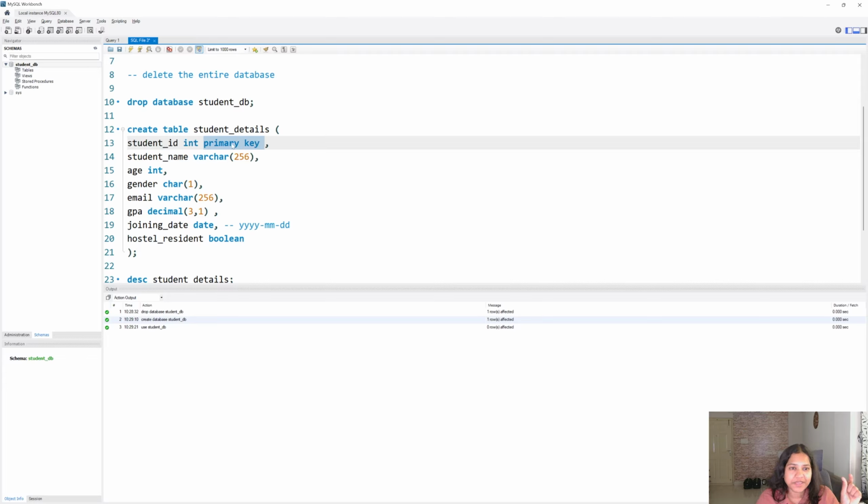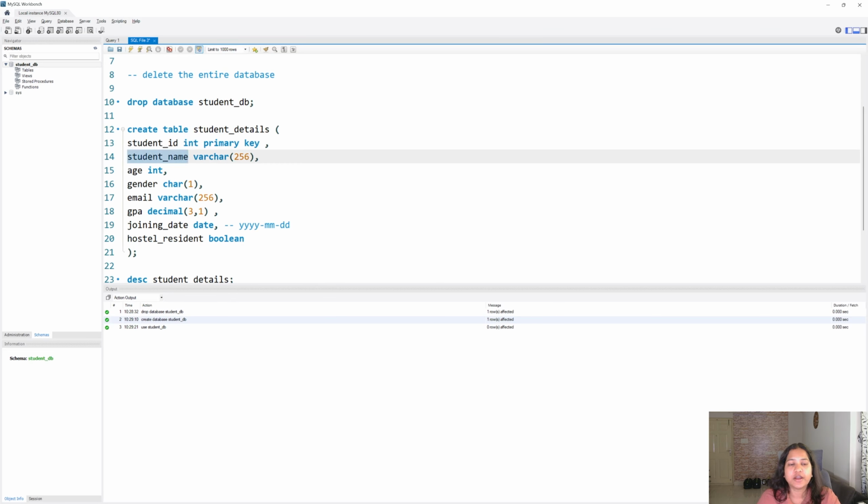You have to give a space between primary and key. Okay, so it means the student ID is the primary key, which means it will not allow duplicates. It will not allow null values also. Like if you say that, okay, I will not fill anything, I will just run it, that also cannot happen. It cannot have null values. It cannot have duplicate values. Okay, so these two things.